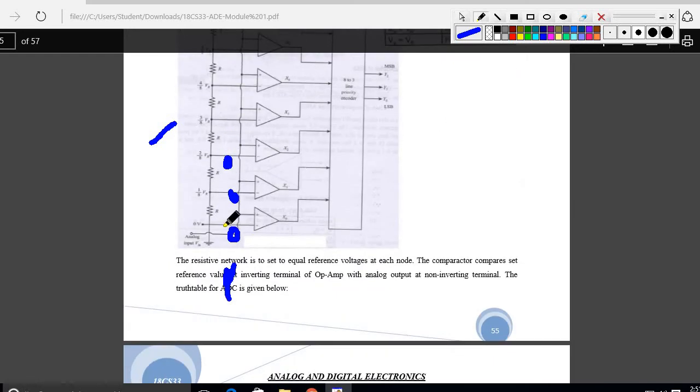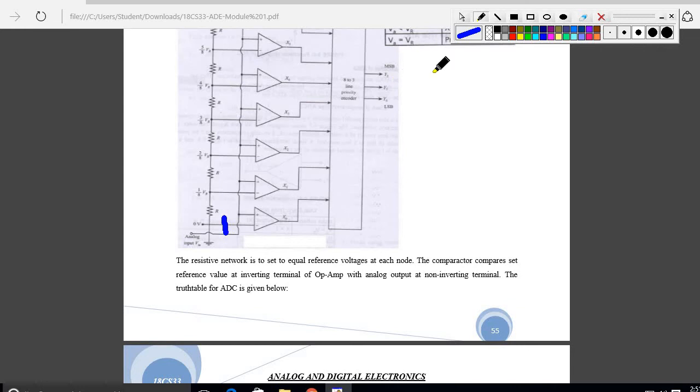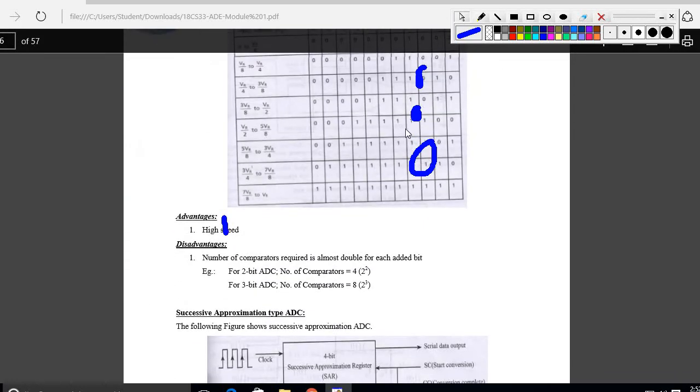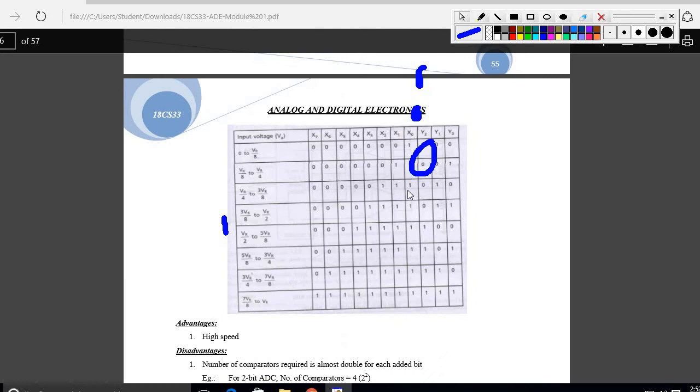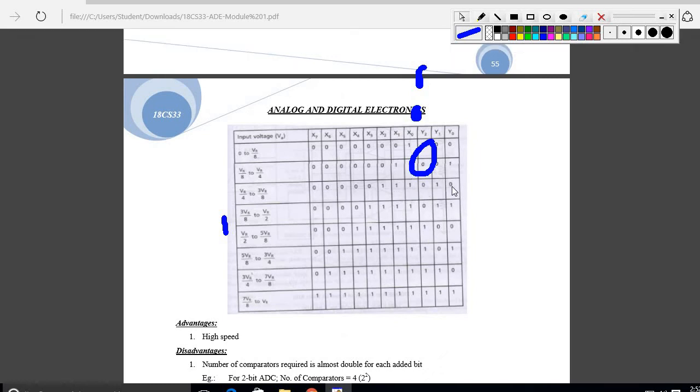So see here, x0 is 1 and all are 0, but when you pass all the outputs to the 8 to 3 line priority encoder, the output should be all 3 zeros. Okay, so like that it will be. If it is 1 1 all zeros, it means it is an 8-bit input, 3-bit output. So the 8 to 3 line priority encoder should suggest the diagram, and the particular truth table has been mentioned here. Is it clear? So next, in this way, same thing, 1 1, it should be like this, shifting towards the left side, 1 1 1, all zeros, 0 1 0.